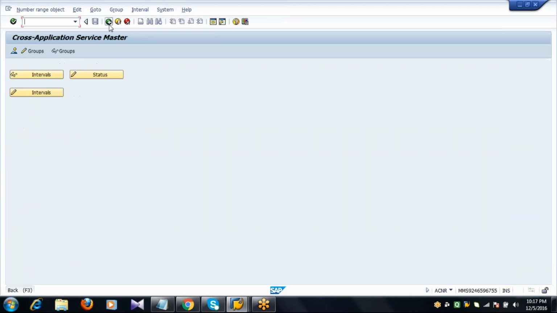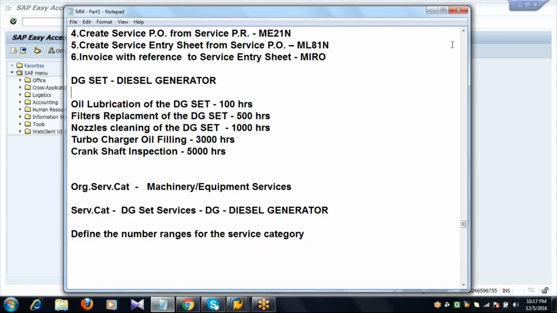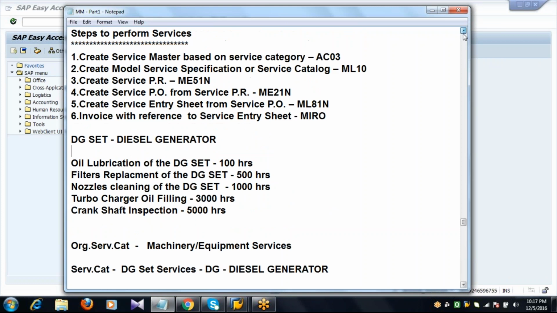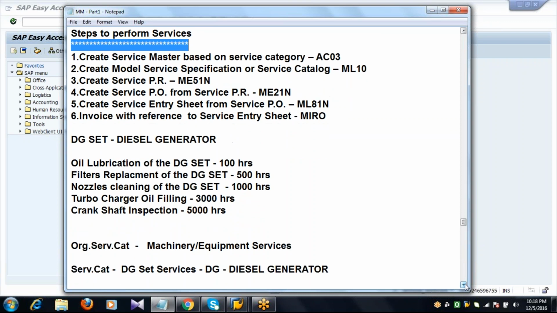Okay, so these are the background settings we need to perform. After that, these are the steps to perform services: creation of service masters, then service catalog, service PR, service PO, service entry sheet with reference to service PO, then invoice with reference to service entry sheet.